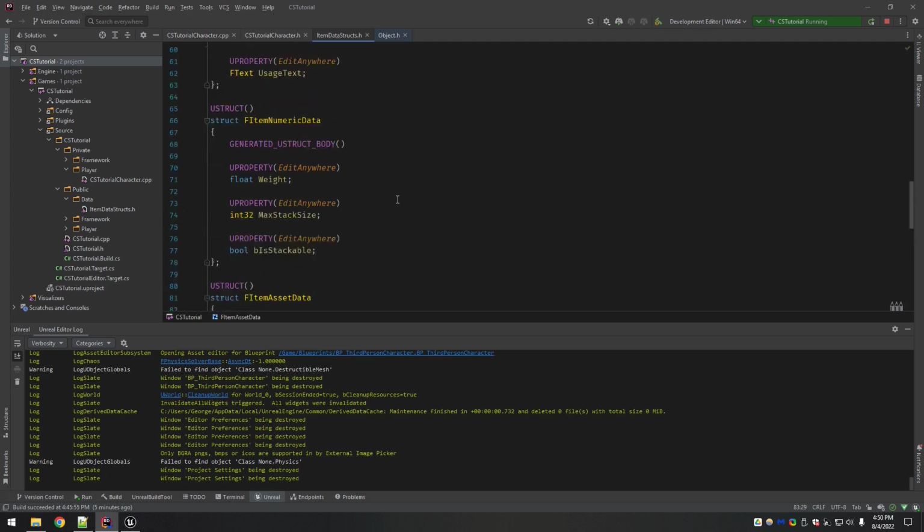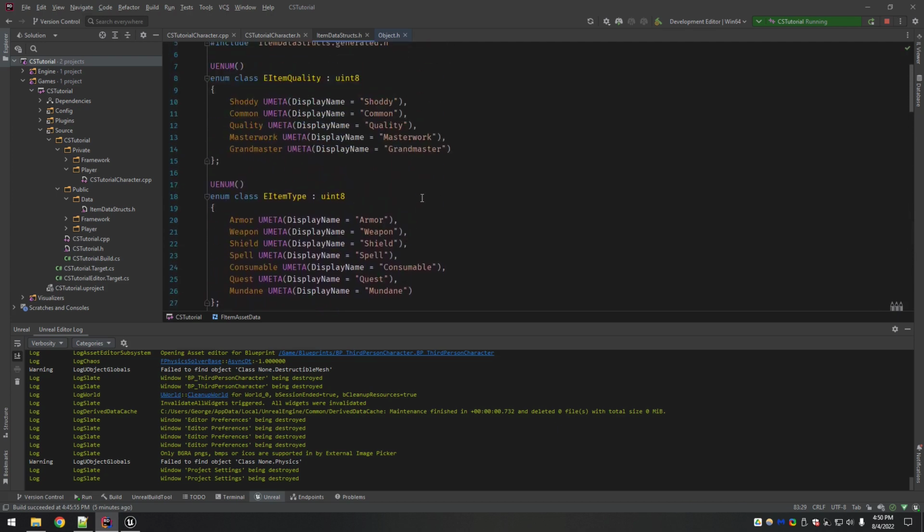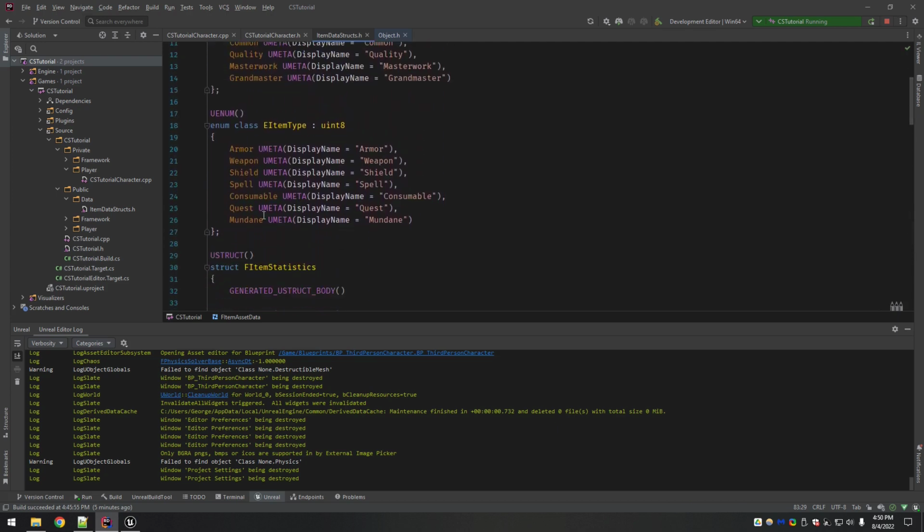So if I go back in here to when I talked about the item types, mundane items, there's no reason to have consumables and spells mixed together in the same thing. There's no reason to really have a data table that mixes types.